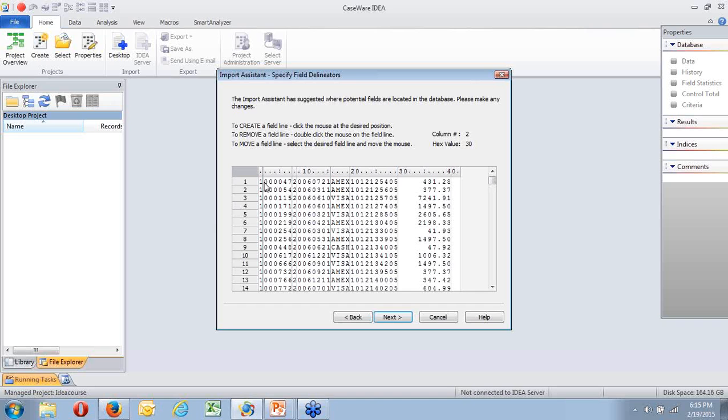Now I know that I have a 7-digit invoice number, so I don't need that line there. So if I double click, I will remove it.